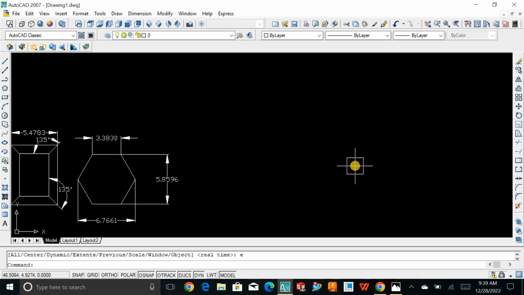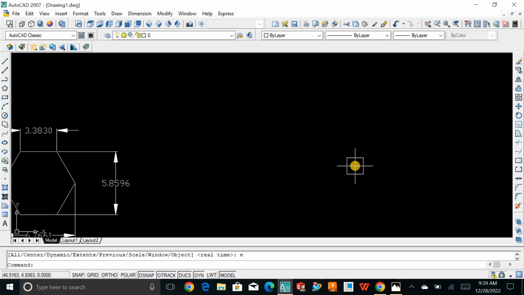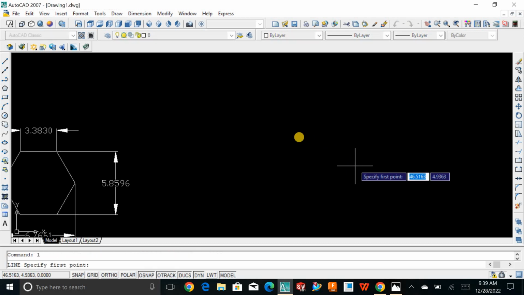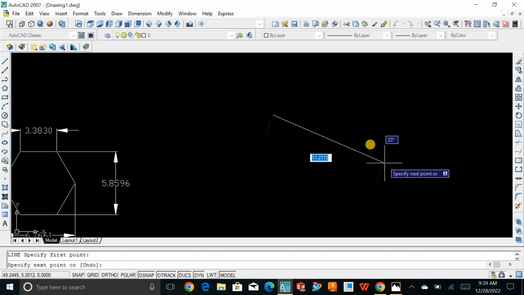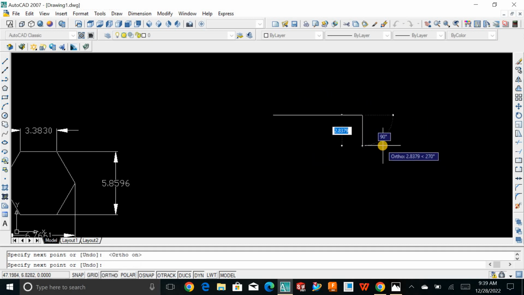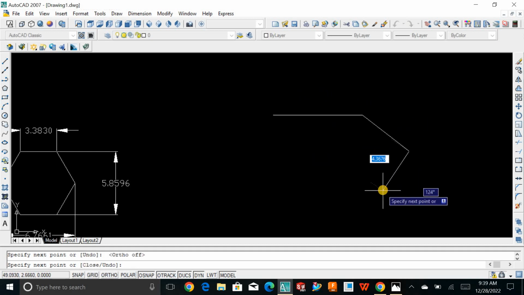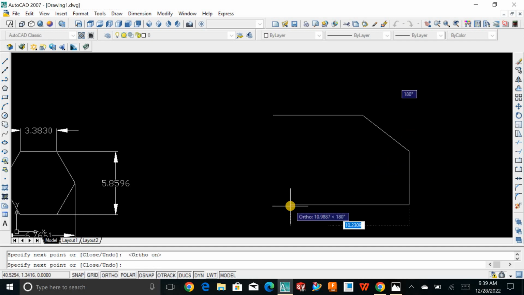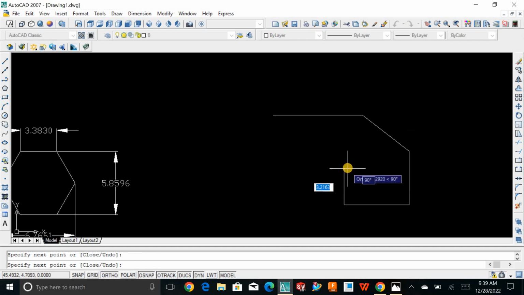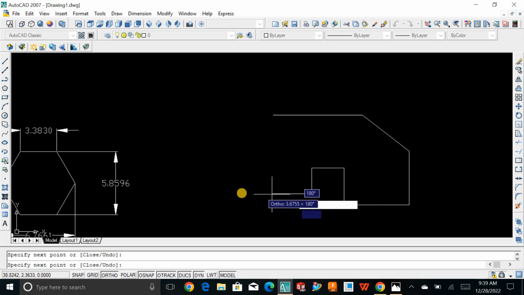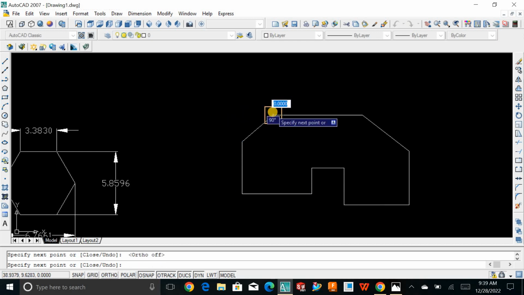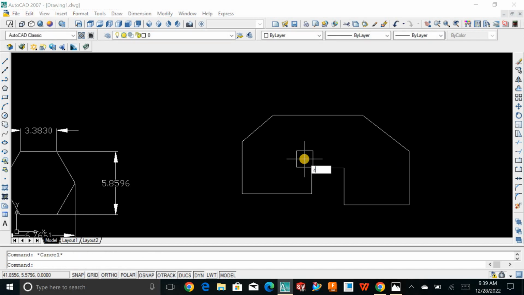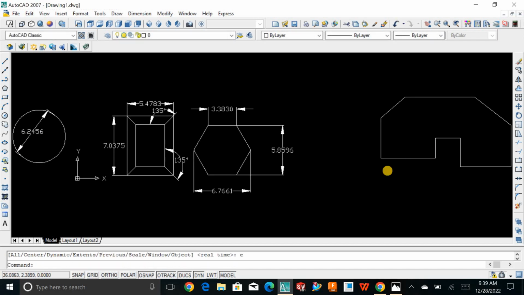Again, if you want to do one thing, like suppose you just want to draw from your own side, press F8 like this, F8 to free your line. Now F8, make it orthogonal like this, this, press F8 to free your line and close the sketch. Now Z enter, E enter. See,